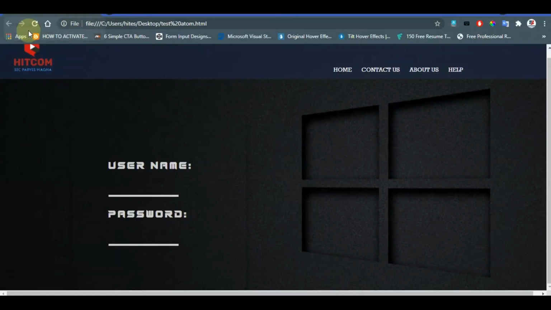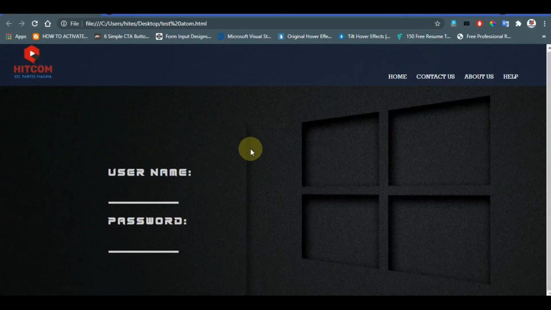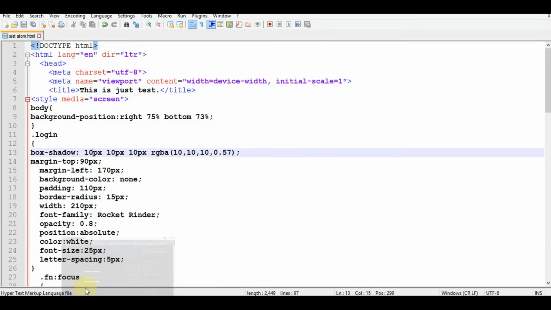You will see the shadow moves a bit further. Here you can see the shadow is a bit further now, and here it has already dissolved. Why? Because the shadow was placed right behind the box, but now it is moved to the right, so it is not visible here since it is behind the box.